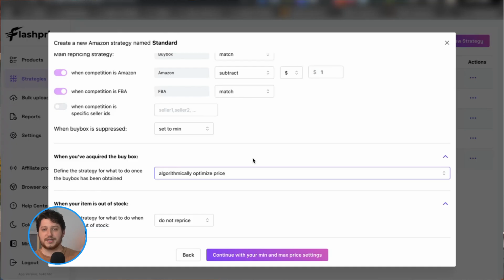Because if you have just a standard repricer and it reprices you to $10 and just sells at that price, you could actually be missing out on a ton of money. So you want a repricer that's going to be testing 11, 12, 13, even 14 or $15. This way you might even be able to raise the price by 20 or 30% while still maintaining the buy box. And lastly, when my item is out of stock, I'll just usually set it to max because this way,